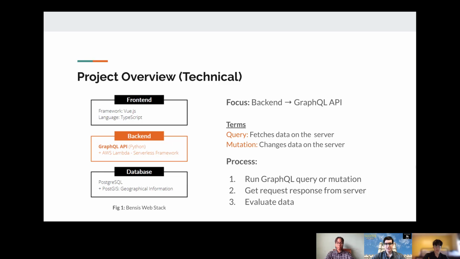As mentioned on the previous slide, our focus for AMRE is testing the backend of the application, specifically the GraphQL API. In simpler terms, the API is the part of the web stack which allows the front end to communicate with the backend. The interaction with the API is carried out using queries, which fetch data, and mutations, which change data. For each test, a request with a query or mutation is sent to the server and a response is returned. Our job then is to test that data returned matches the data that is expected from the database. For this process, we used mock data to test the API, not the data actually used by the system.